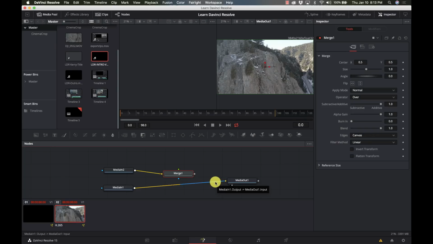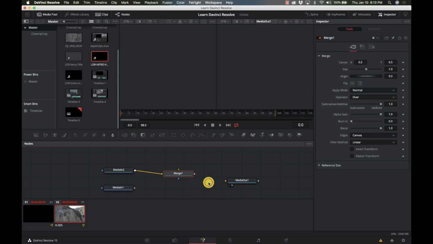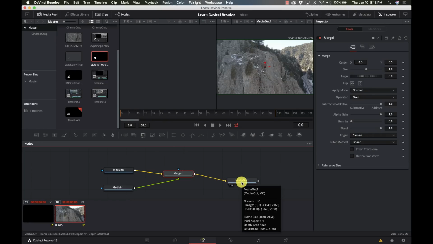So now notice here as I mouse over this one line, it turns blue. If I click on that, it disconnects it. So I'm going to grab this one from the media in, put it on the merge node, take this output and drag it over to the media out. Now, what happened here? Well, I'm seeing the one piece of footage, but I'm not seeing the other piece of